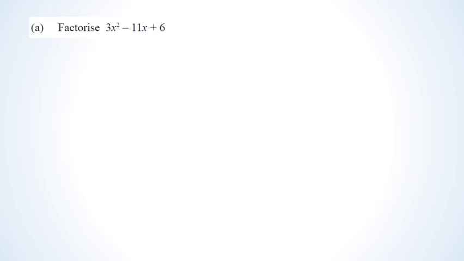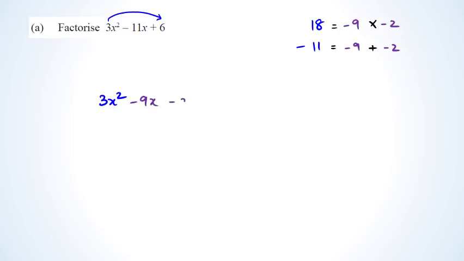Now you might have a completely different way of doing this than me, but the way I do it is I basically go 3 times 6, which is 18, and I start looking for two numbers that multiply to positive 18 and add up to minus 11. Looking at this combination, I know that this is going to be minus 9 and minus 2. Minus 9 plus negative 2 is going to be negative 11. So once I get that, I write down 3x², and instead of writing minus 11x, I'm going to write it as minus 9x minus 2x